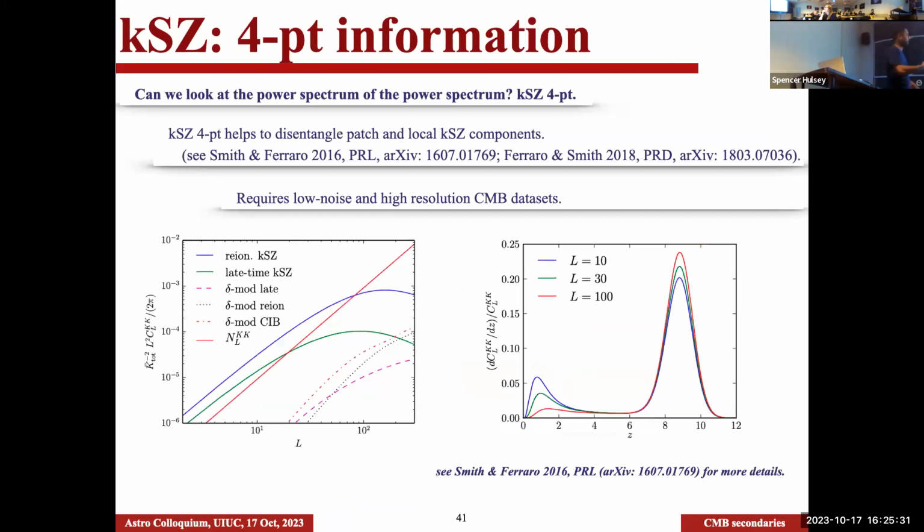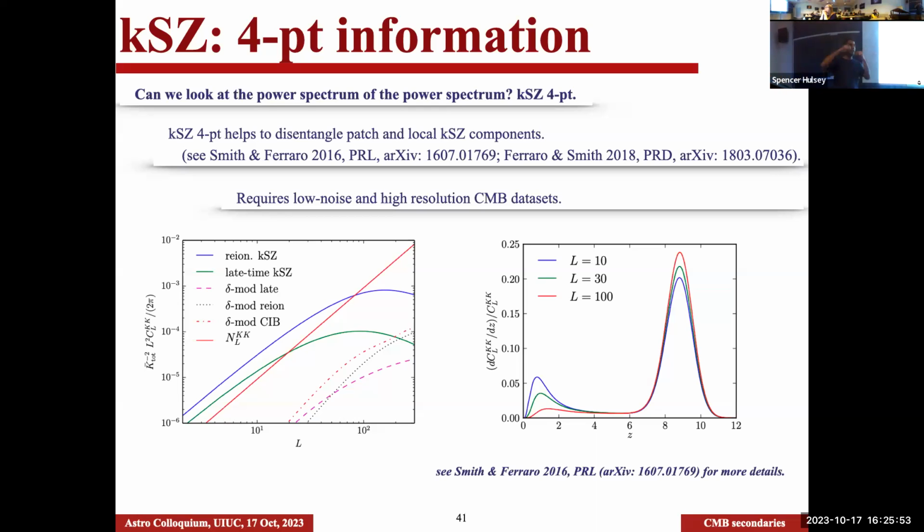Okay, so now moving from power spectrum, we can go to higher order things. So we can look at the trispectrum or the 4-point function. The power spectrum is just a 2-point correlation function in real space. Trispectrum is a 4-point correlation function. Okay, so there is no 3-point for kSZ. There is no 1-point for kSZ because